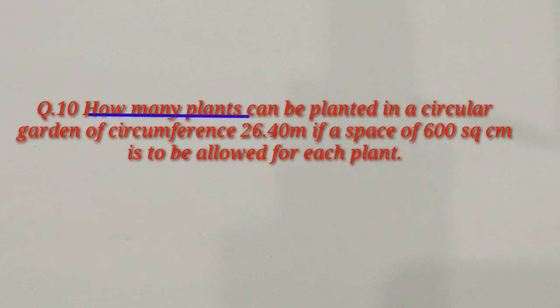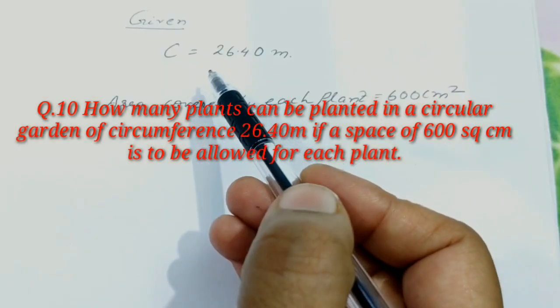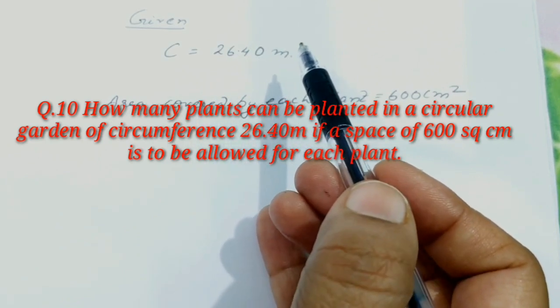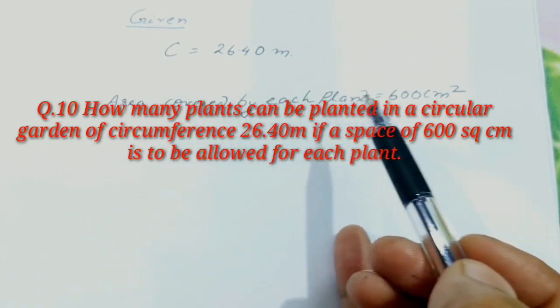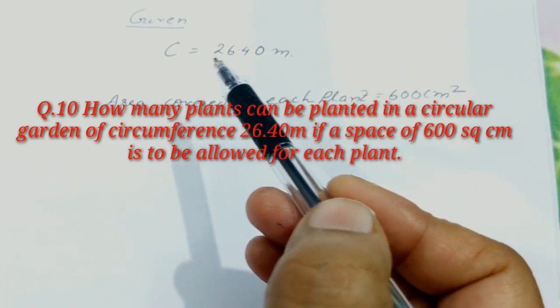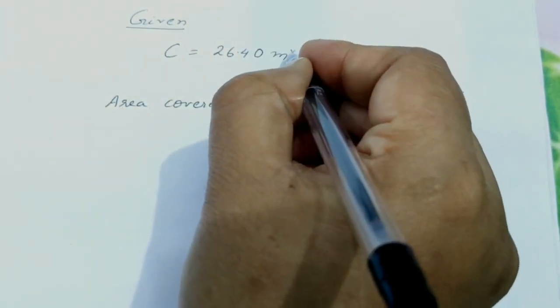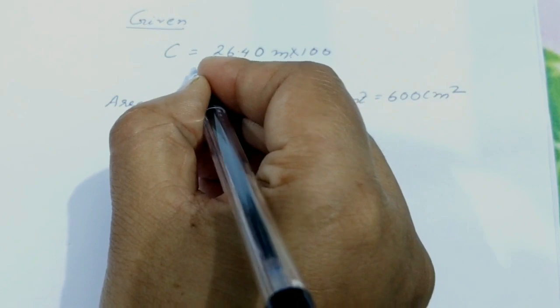For that you need the area covered by the circle. So let's try to find the area of the circle. So how will you proceed? From the circumference, first we'll calculate the radius of the circle, then area, and then we'll reach the next step. What is the circumference of the circle? 26.40 meter. But the area covered is in centimeter square. So let's try to find the circumference in centimeter. So when you multiply this by 100, the circumference is